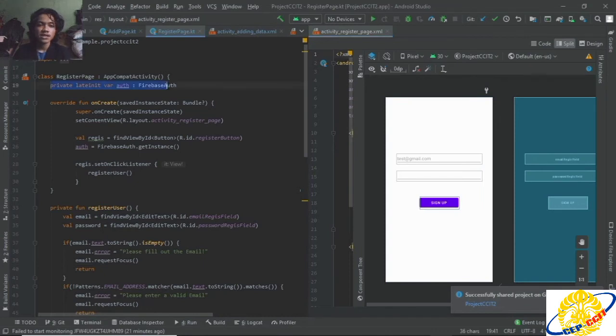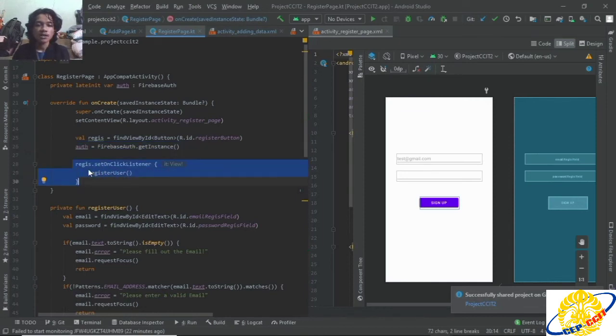First, we need to initiate the authentication, like the login, and then on create, we need to follow: findViewById, button, R.id.register button. This button is for clicking the sign up button, and auth, create Firebase getInstance,